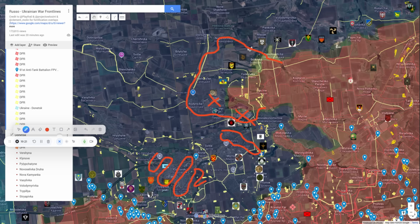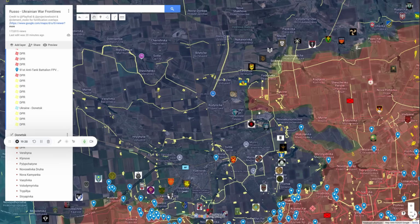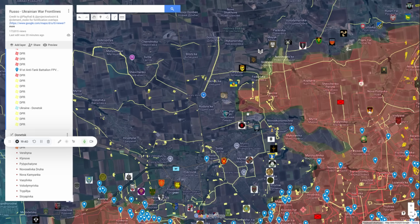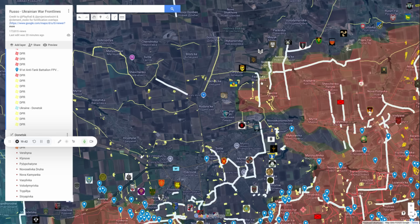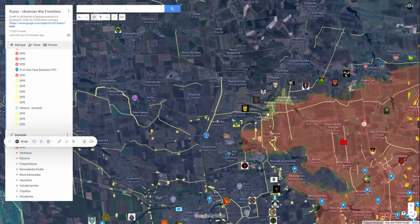Only the fields to the north can really rival it. And Munirhad, the southern section, is a bit higher in terms of topography, but the north is on a lower lying location. So it's naturally going to be exposed to future Russian attacks and suppressive fire. So again, look at that in the future. But again, as I've been reiterating, this northeastern flank is going to become a difficulty, and it's going to be an area that the Ukrainians need to send more reinforcements towards, even as things